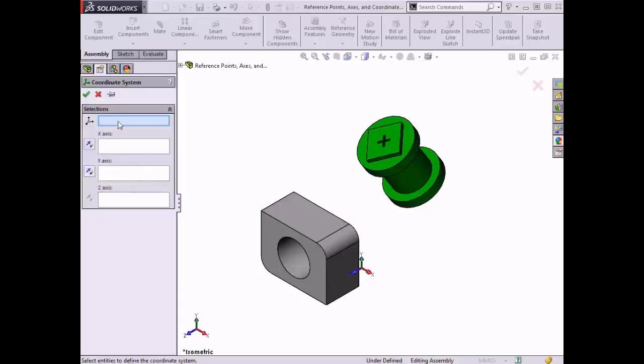To position the coordinate system, I will first make sure the origin selection box is highlighted, and I will choose the top left corner of the block as the origin. The triad moves, and the selection window changes to highlight the x-axis. For the x-axis, I'll choose the edge along the front of the block. If the axis is pointing in the wrong direction, I can click the reverse direction button to change which way